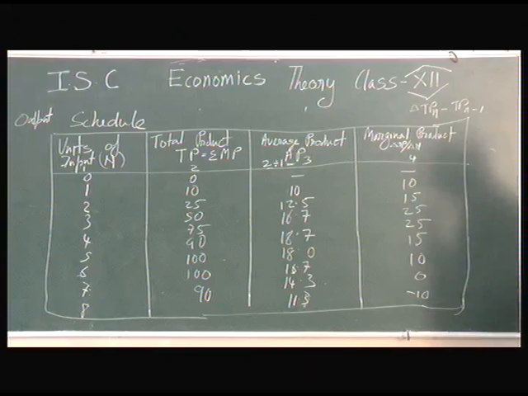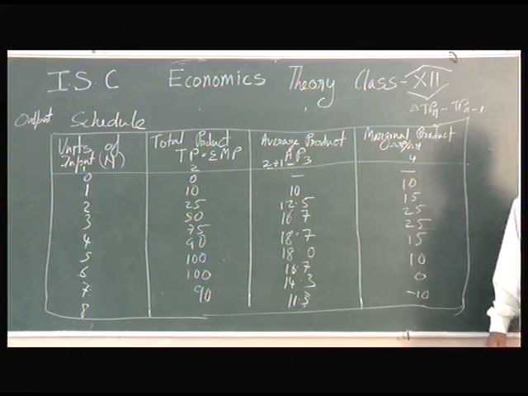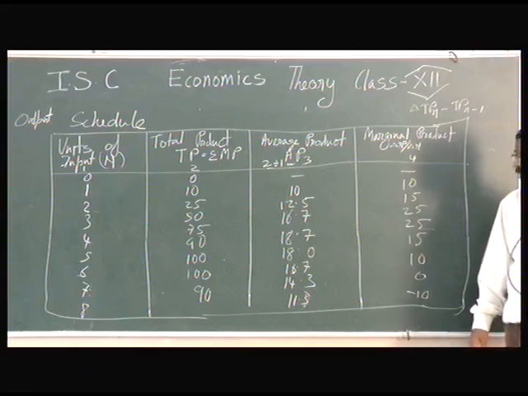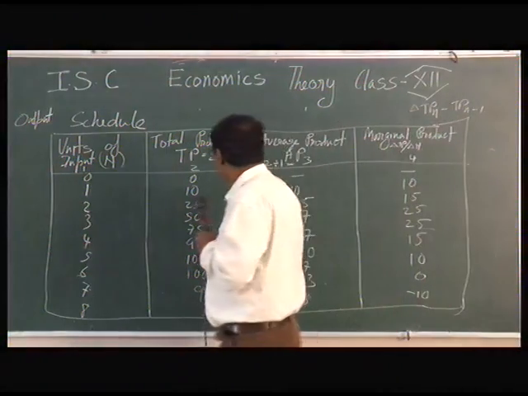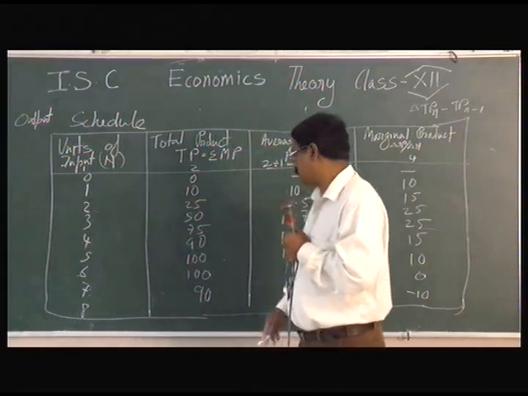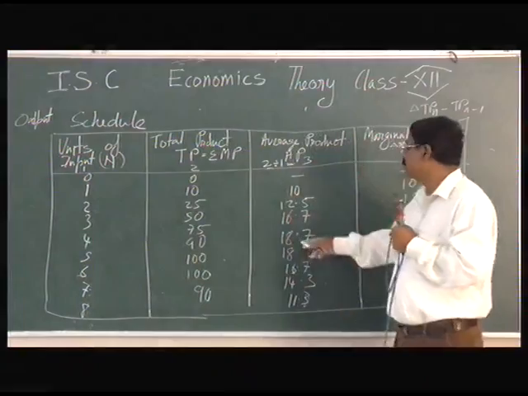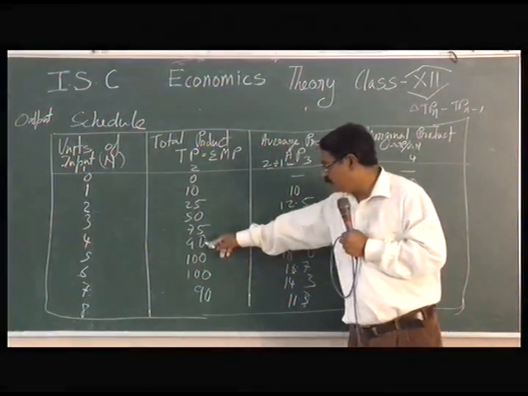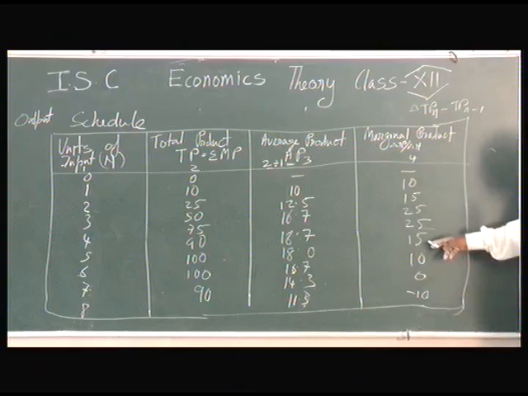We can see that by employing more workers, the total product is also increasing. Average is also increasing. And the marginal is also increasing up to this stage. It's because of optimization of fixed resources. Now comes the fifth labor. Together the team produces 90. 90 divided by 5 is 18, and 90 minus 75 is 15. Fall in marginal product, but still productive.